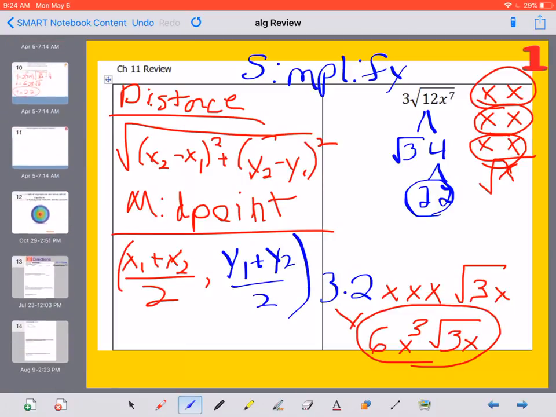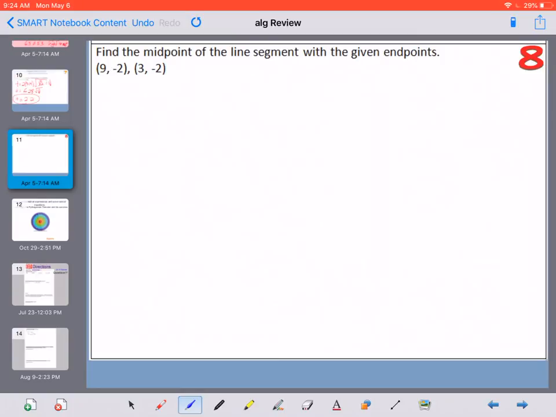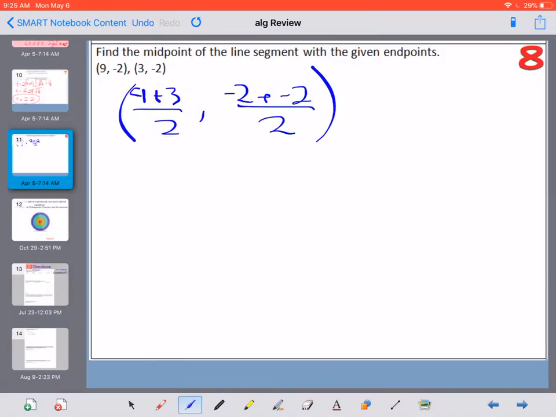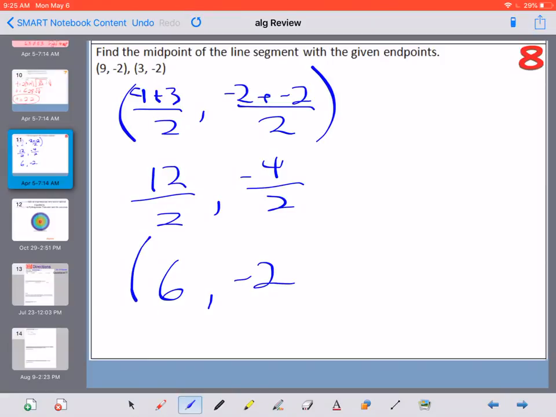So I'll go to my last problem. x1 plus x2 is 9 plus 3 divided by 2. And then we have negative 2 plus a negative 2 divided by 2. 9 plus 3 is 12 divided by 2. Negative 2 plus negative 2 is negative 4 divided by 2. 12 divided by 2 is 6. Negative 4 divided by 2 is negative 2. So my